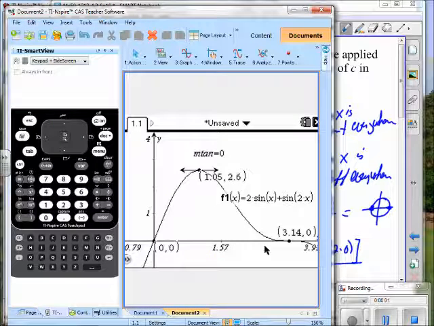Mathematics, we placed a point on the curve at pi divided by 3, drew the tangent, found the slope. It is in fact the same as the slope of our secant, verifying our mean value there. Okay,